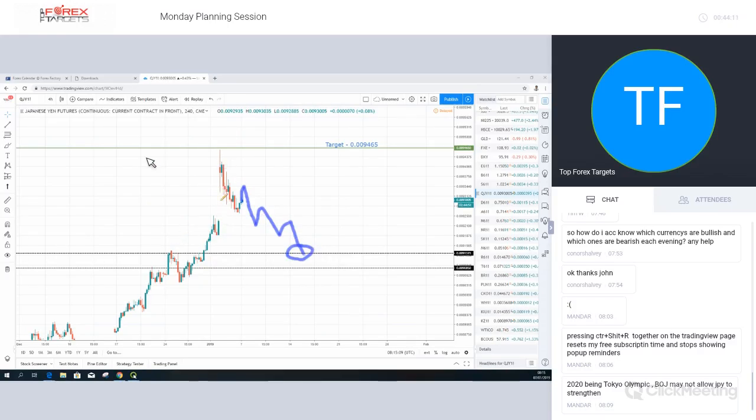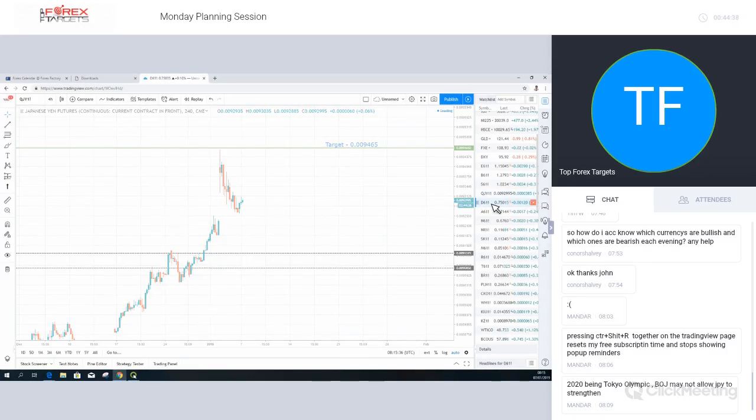The week after a flash crash in a currency is not generally a very productive period for that currency. So although I am looking for further advances in the Japanese yen, if you're looking at your charts yourselves and looking for trades, I would not really be looking to short the yen, but I'd just be careful that this may end up being choppy this week, and therefore we could end up tying up money in the yen unnecessarily.